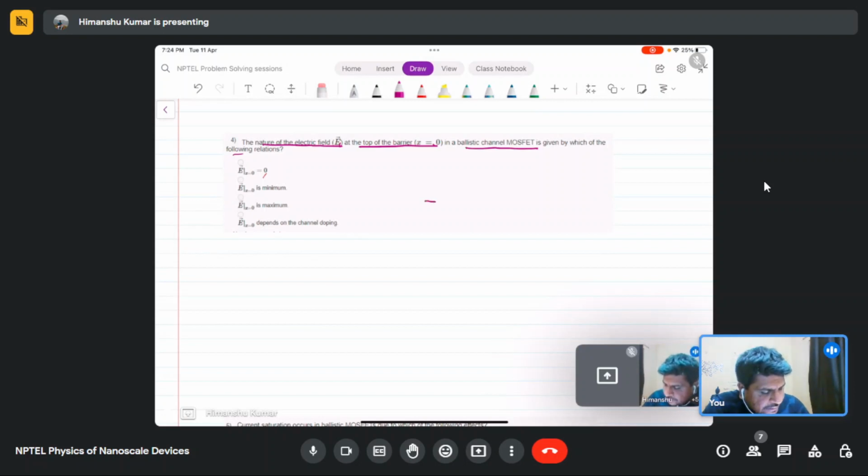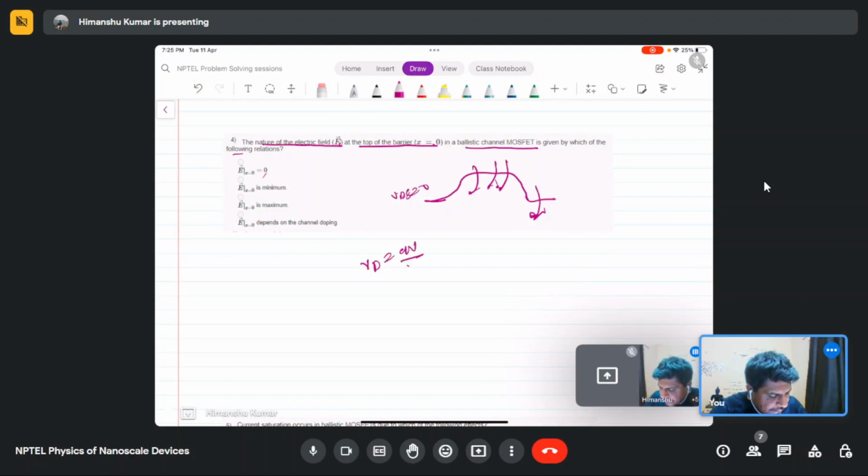So the barrier looks like this. If we don't apply any bias, it looks like this. If we start applying the bias, this barrier will be pulled down, and similarly here it is also pulled down. So if we apply the bias, this is Vds equals 0. If we apply the bias, it is qV by kT. So this is the potential. The Fermi level will reduce by this amount if we apply the voltage V.